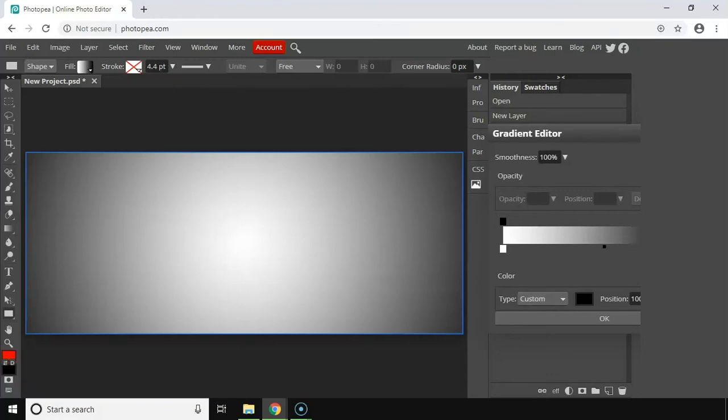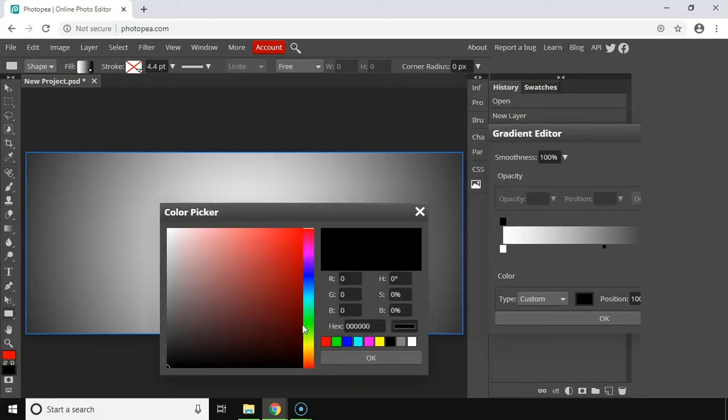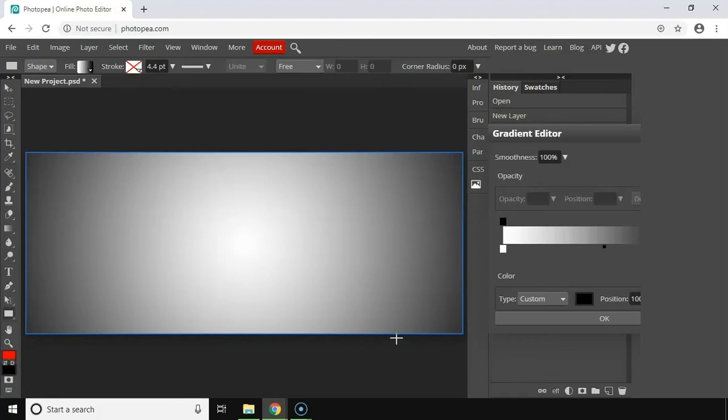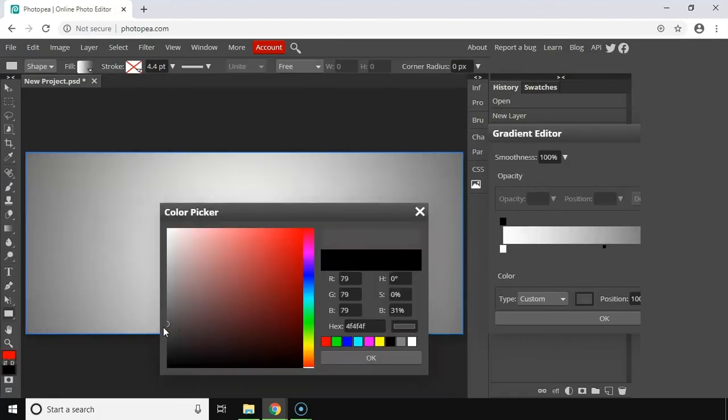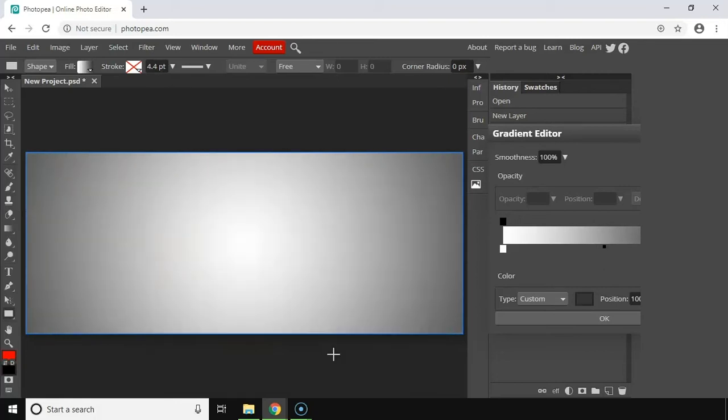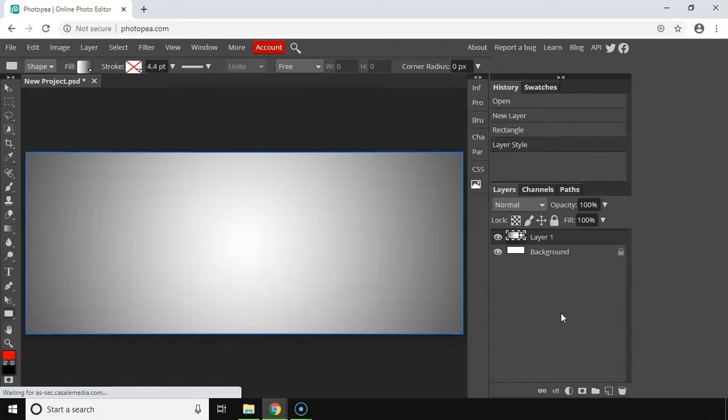So I'm going to change this particular color from black to a softer gray, just so that it's not as harsh. Then I'll exit out of that. Let's try that one more time. Just a softer gray here. And then press OK. All right, there we go. And we're going to press OK again there in the gradient editor. So I can go ahead and name this background